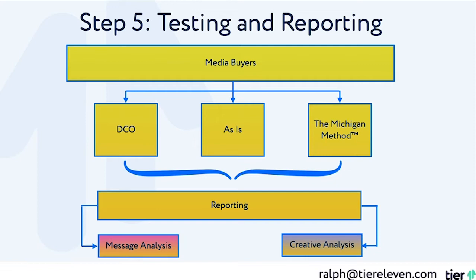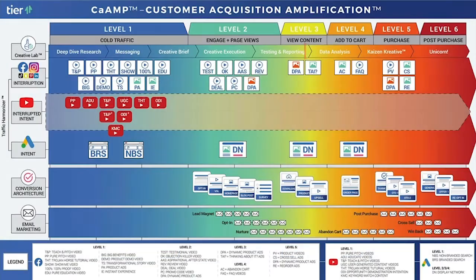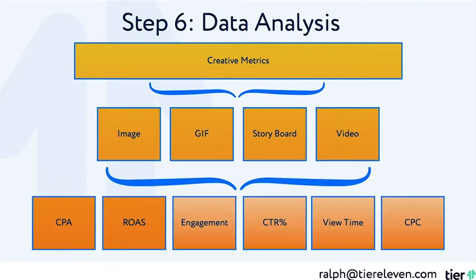That reporting is then gathered, and then we analyze the message, we analyze which creative is working, and then throw it through our data analysis lens here, which is the 5th step of the Creative Lab, where we take all those creative metrics, we look at everything, we distill it down. Obviously, cost per acquisition, cost per lead, return on ad spend are the most important, but sometimes we have to measure secondary metrics like engagement, click-through rate, view time, cost per click, getting signals on which messaging, which avatar, which copy, which creative is resonating the best